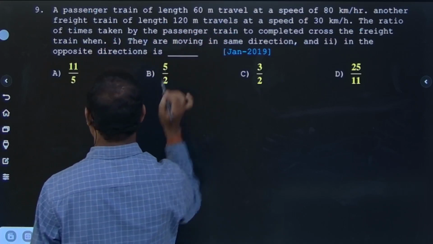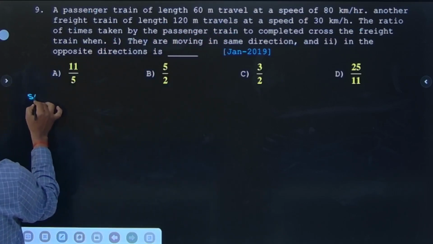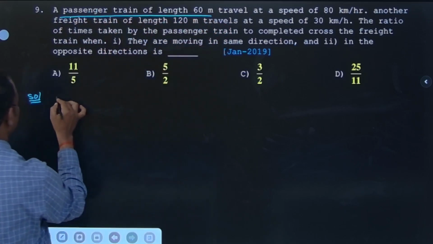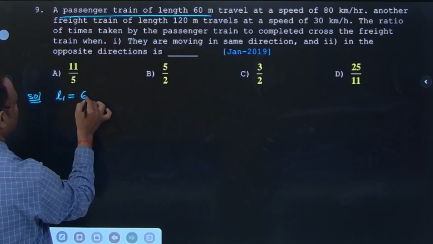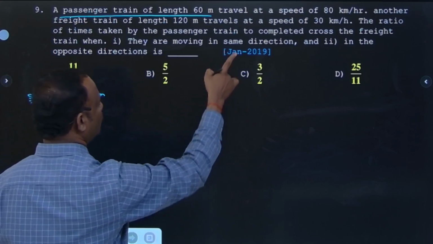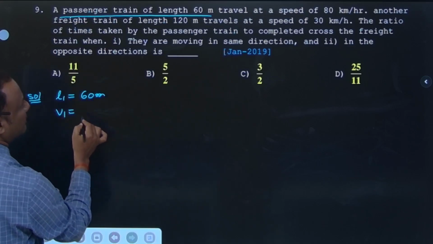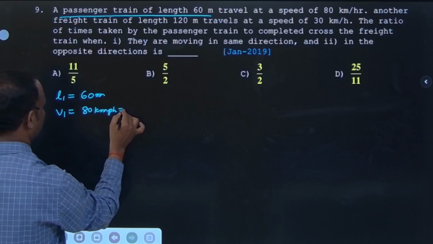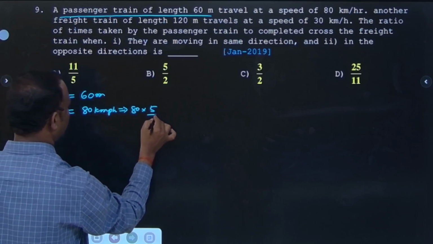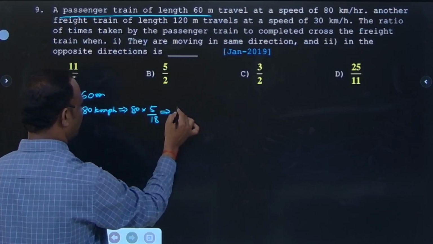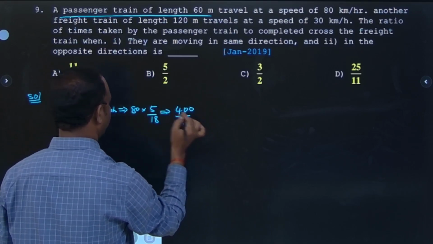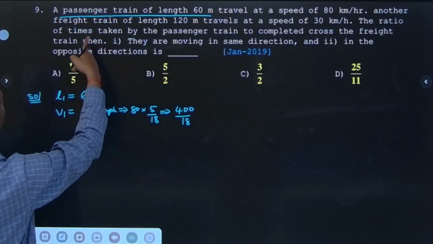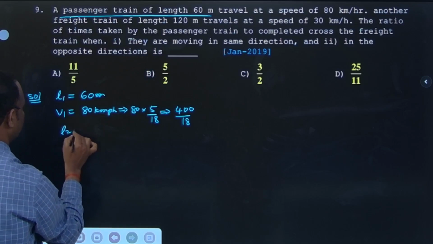A passenger train of length L1 is equal to 60 meter is given, moving at a speed of V1. V1 is equal to 80 kmph, kilometer per hour, which is 80 into 5 by 18. So 8 fives are 40, so 400 by 18 is V1. Next, another train is there, a freight train of length L2 is equal to